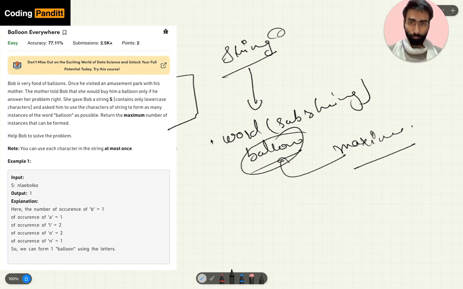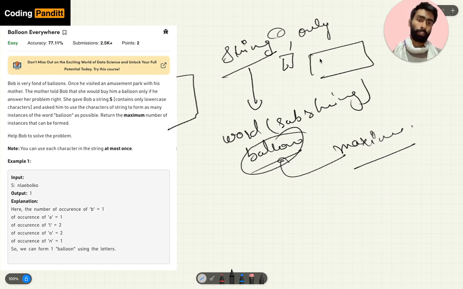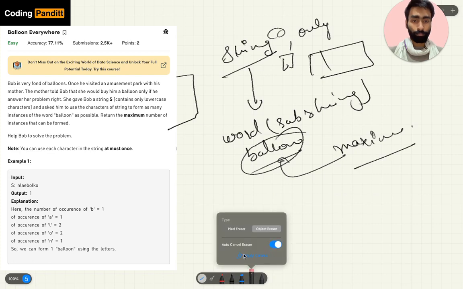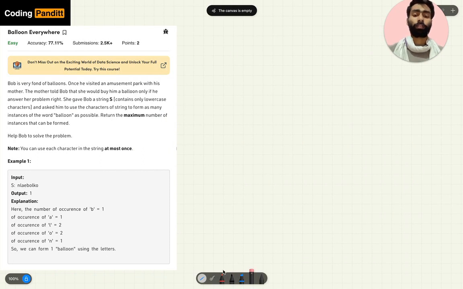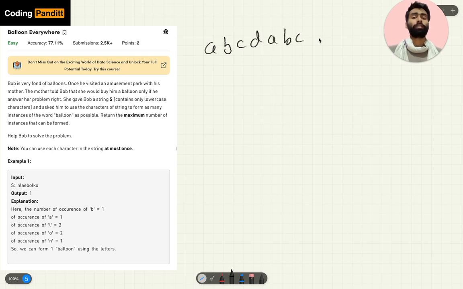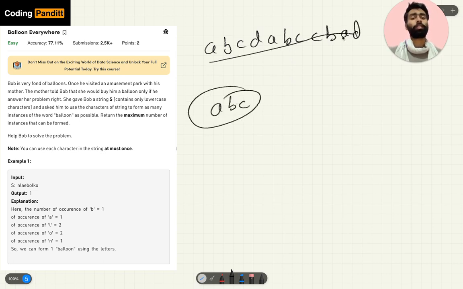So here the rule is that a single element in the string can be used only once. Meaning, let us see, if there is a word A, B, C, D, A, B, C, C, B, A, D, and we have to find out how many ABC can be found from this.